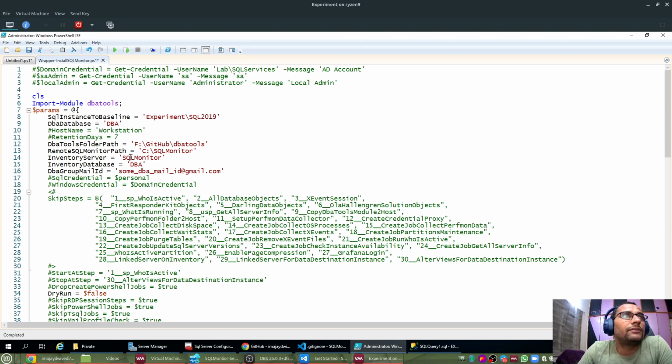Line number 14, 15. Once again, validate your central server or inventory server name and database. In my case, the central server and local server are the same right now. That's why I changed it to experiment/SQL 2019. The database is also the same. This parameter, DBA group mail ID: put the mail ID for your DBA group email. In my case, I don't have any DBA group here, so I will put my email ID,